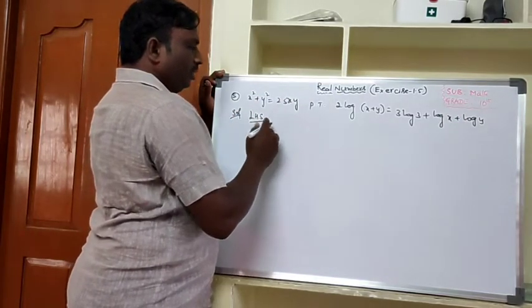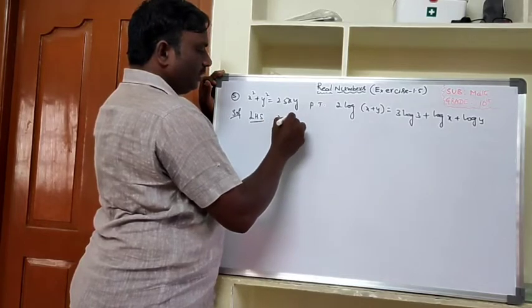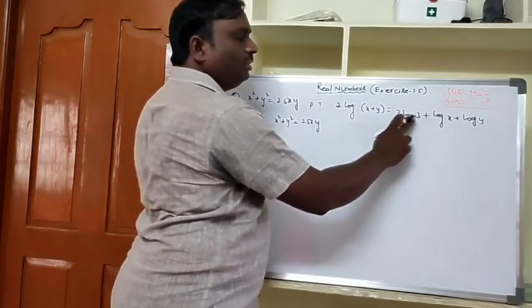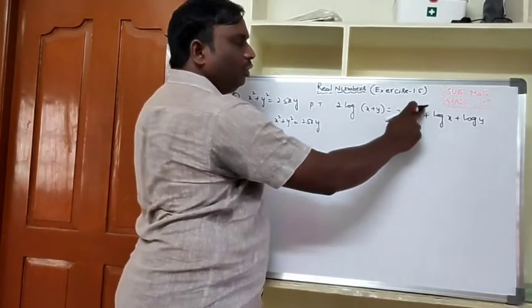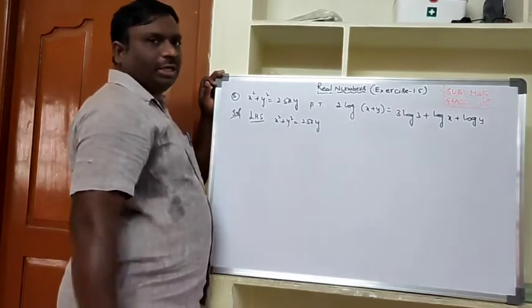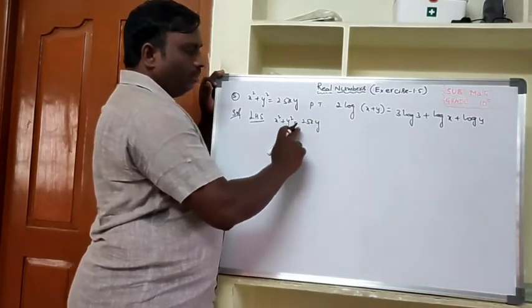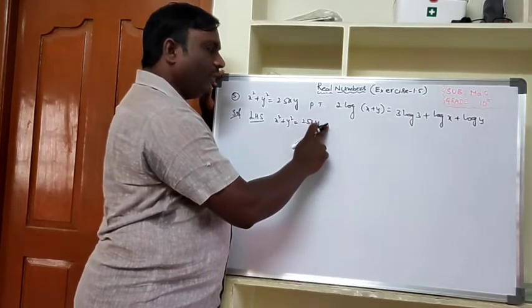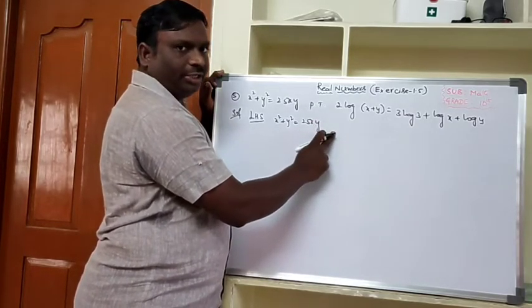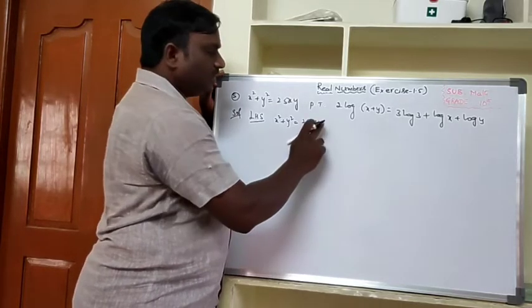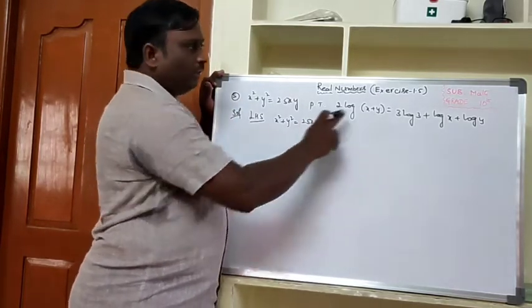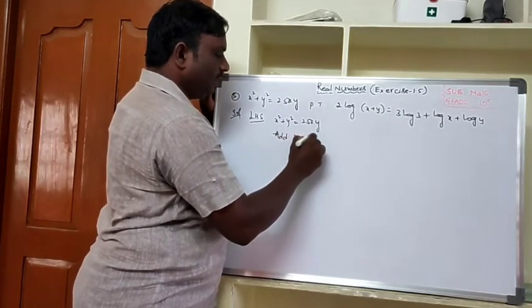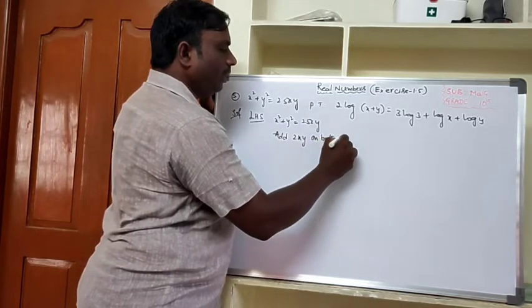Very easy. So x square plus y square equals 25xy. In our example, log 3 is there. 3 cube means 27, but there is no 27 here. To get 27, add 2xy on both sides, then you will get 27. You cannot do the addition directly because those are not like terms. That's why if you add 2xy, then you will get 27. Add 2xy on both sides. Why we have to add? Already I said.